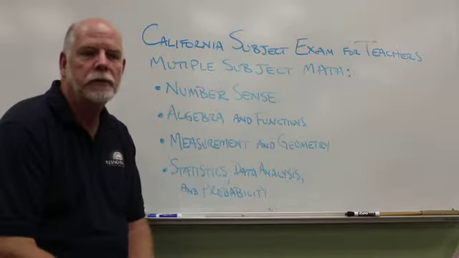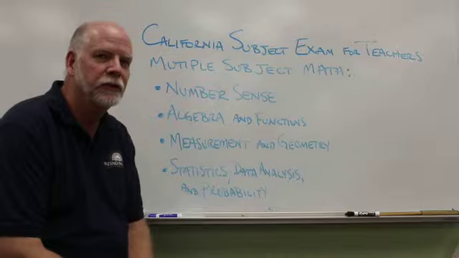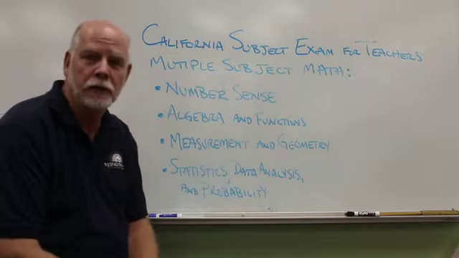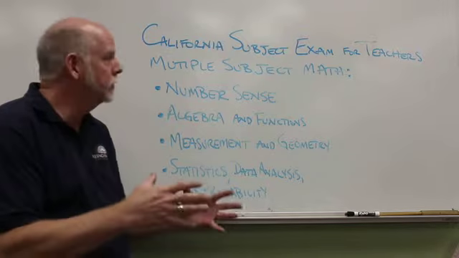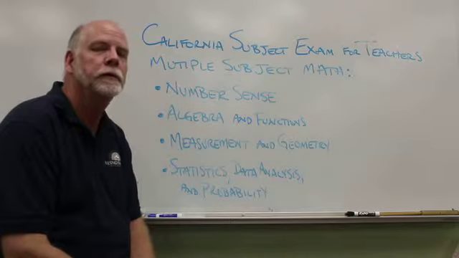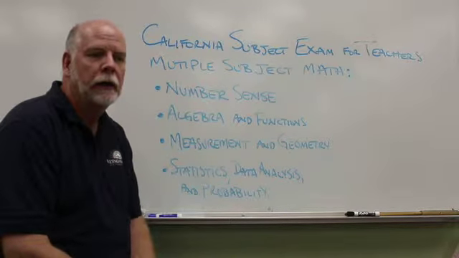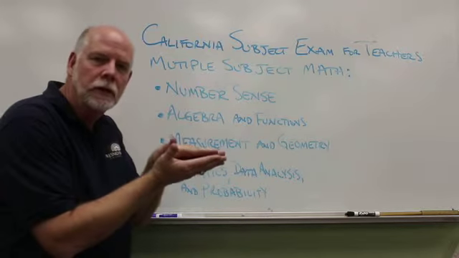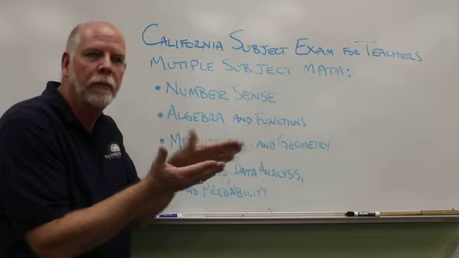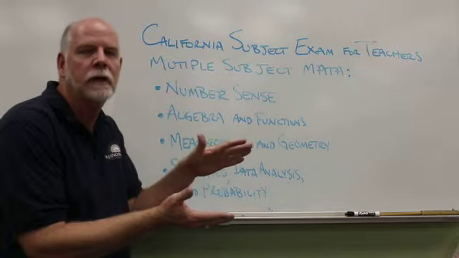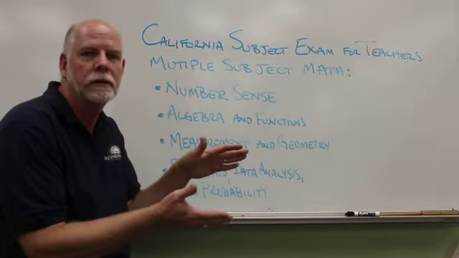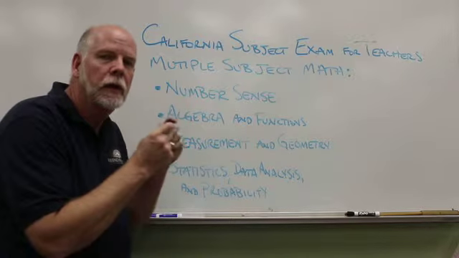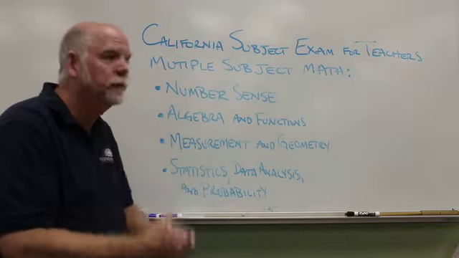The goal of this class is to help you pass the math portion of the multiple subject CSET test. We are assuming that you know some information about this test, and of course it is the California Subject Exam for Teachers. In this course we're looking specifically at the math portion of the multiple subjects test. That test is actually part of subtest 2, which is broken up into math and science. Half of that test is math, half of that test is science. And so we're being very specific here in this course in trying to get you to pass the math portion